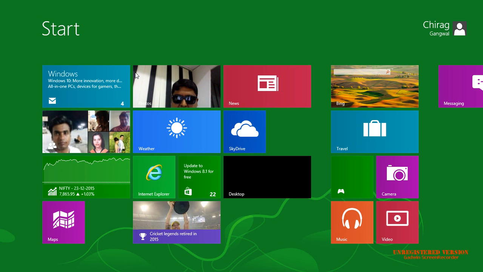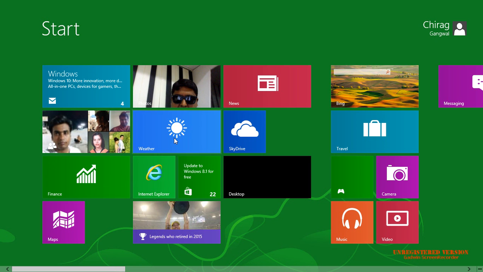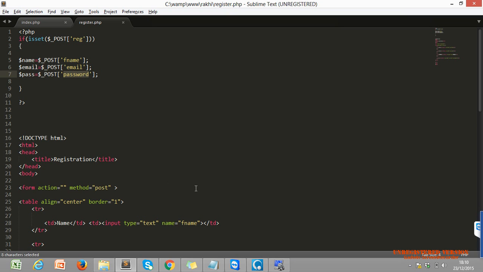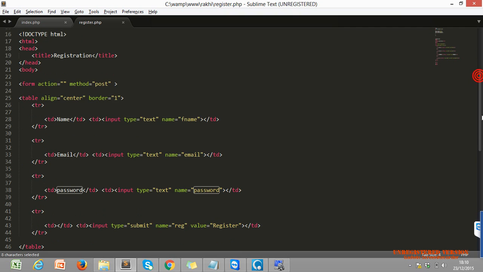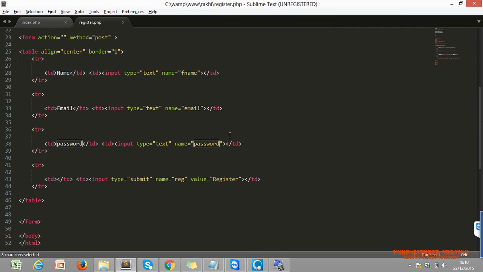One second. Yeah, you can give any variable name here, but whatever name you entered in the tag, you have to pass that name into our dollar underscore post.